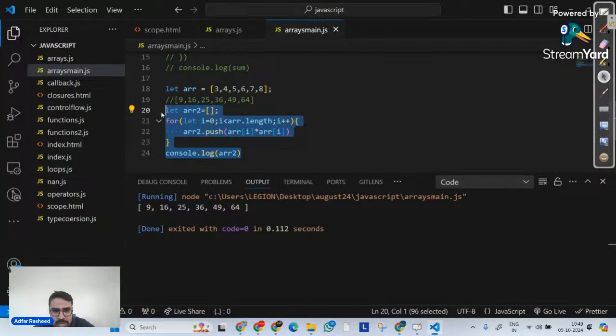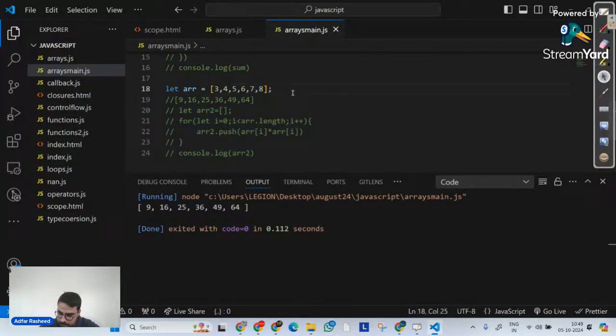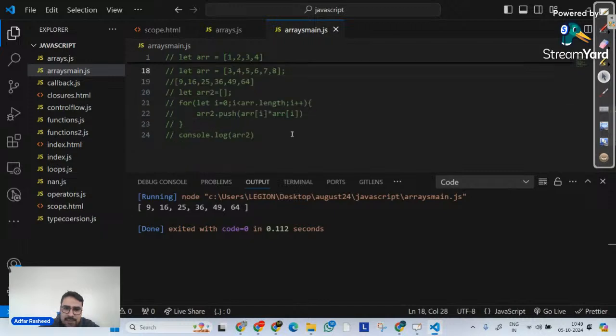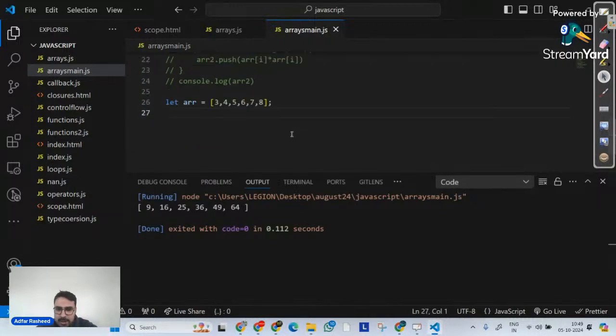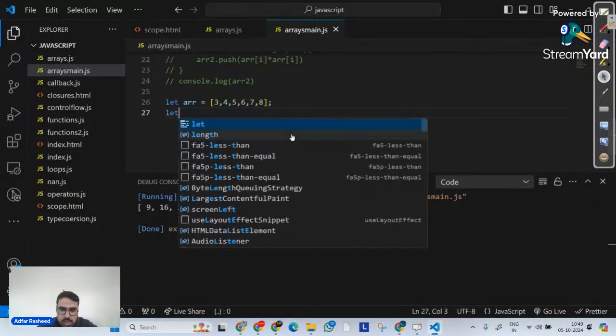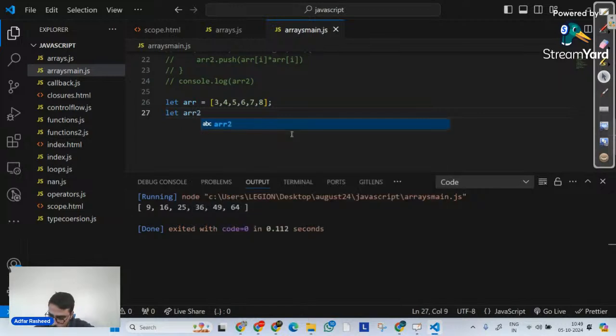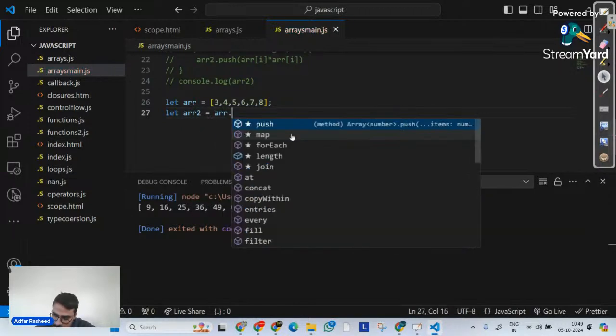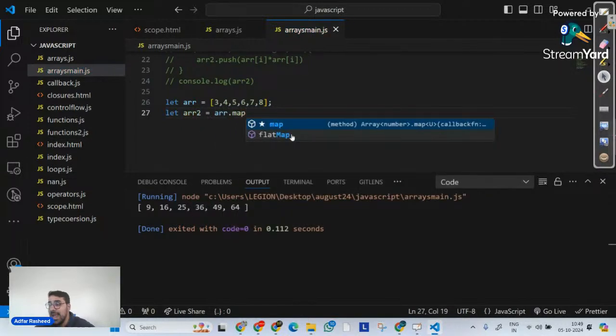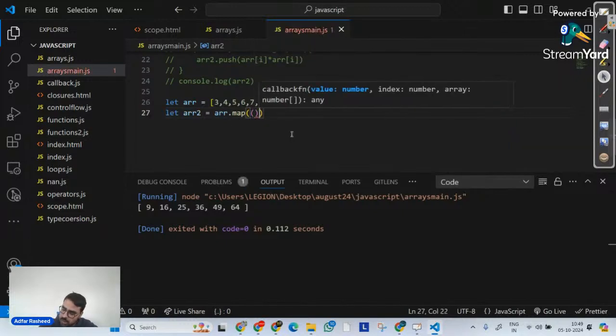So what I can do is simply use a method called map. Let me implement a map method on this. Let me simply say let arr2 is equal to, on my arr, please implement a map. And this map also receives a callback function.